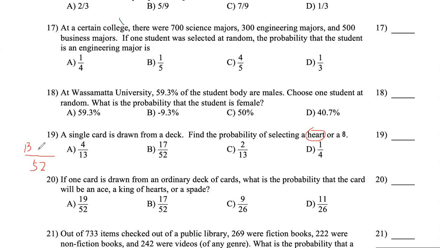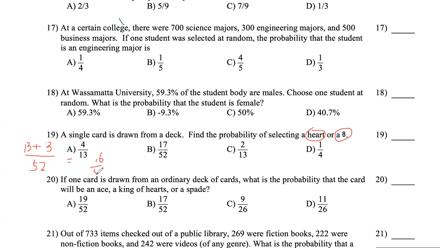So 13. Now, and then plus 8, right? How many 8 here we have? Be careful here, everybody. There's 1 heart 8, is it right? So in other words, we cannot count that again because that one is included in the 13. So there are 3 extra 8 here available. Follow me? Right? So the answer should be 16 over